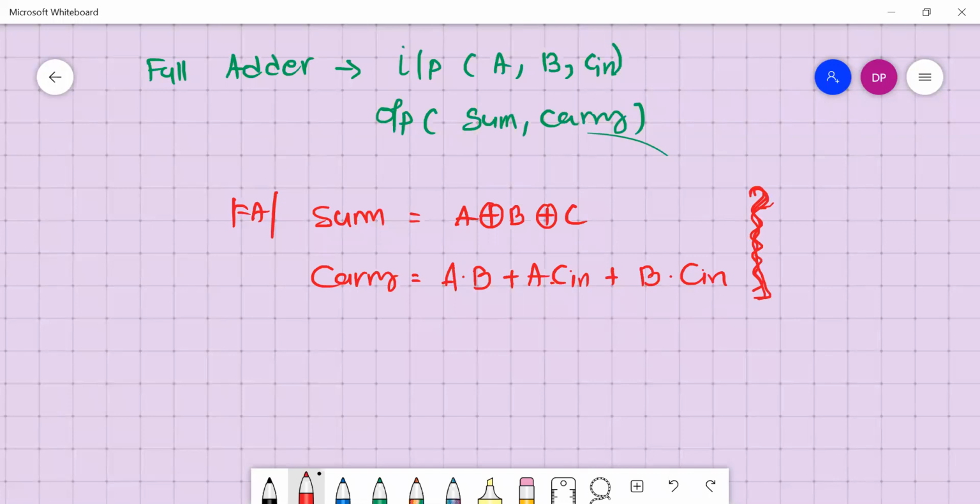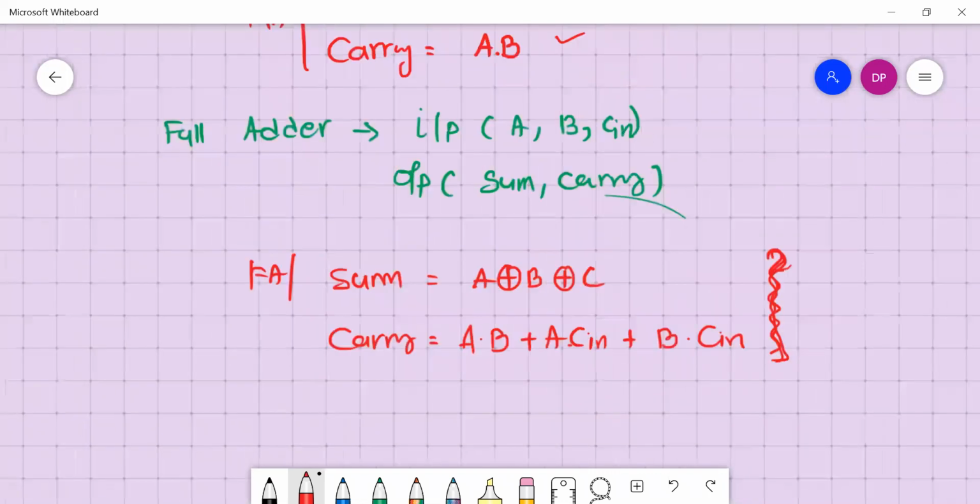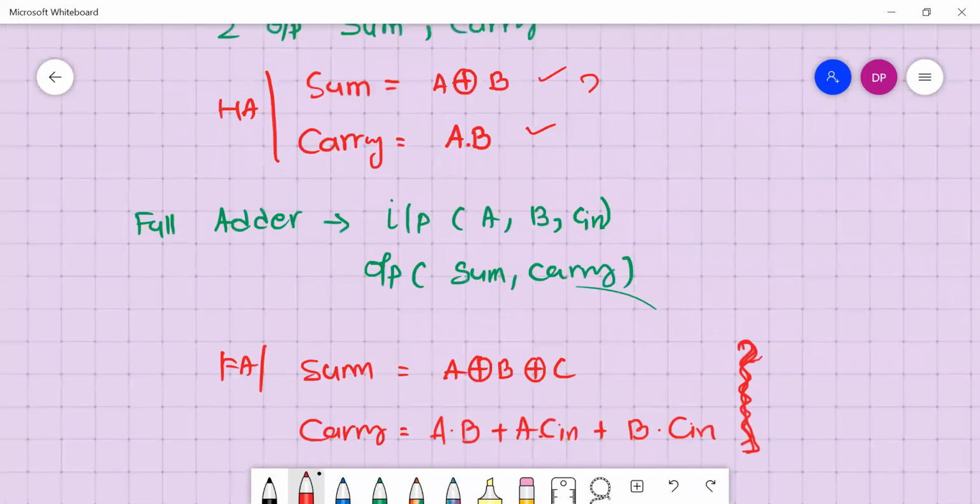So we will see half adder produces these things. Okay, so we will consider these things by taking the required number of inputs, and we would like to get this expression. So let's see how to do that.